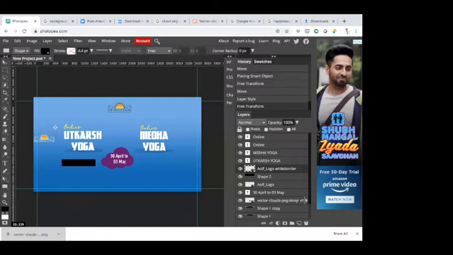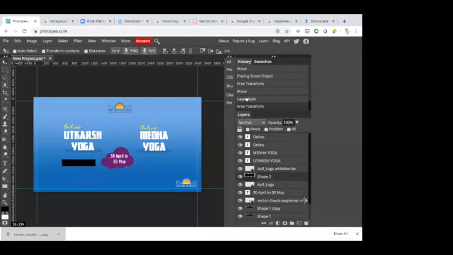So if I were to place the Art of Living logo on the bottom right, it is actually a dark background. So I would keep the white border logo. And if it is in a lighter background, I'll keep the black border logo. Got it? Now coming back, I'm going to select this shape layer.